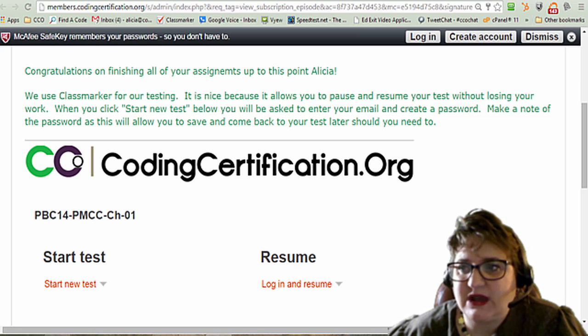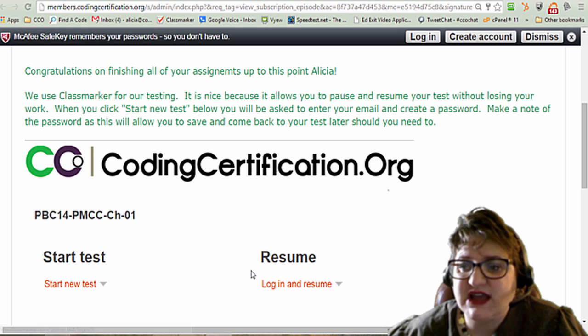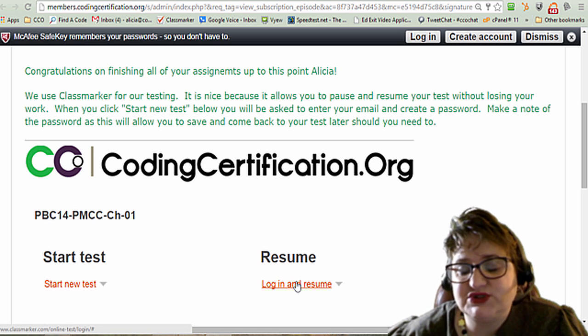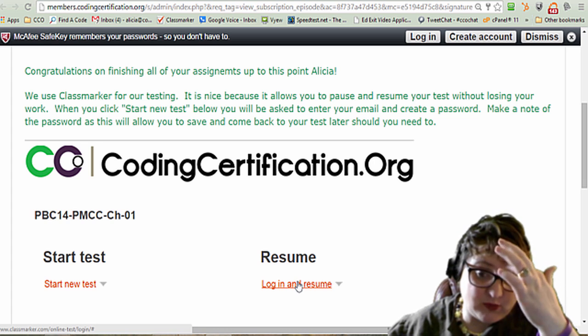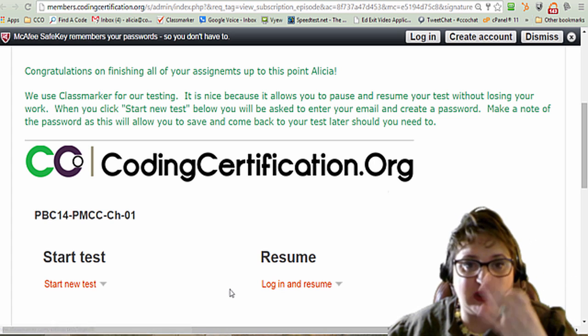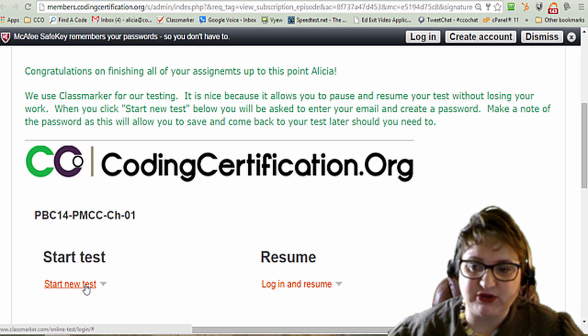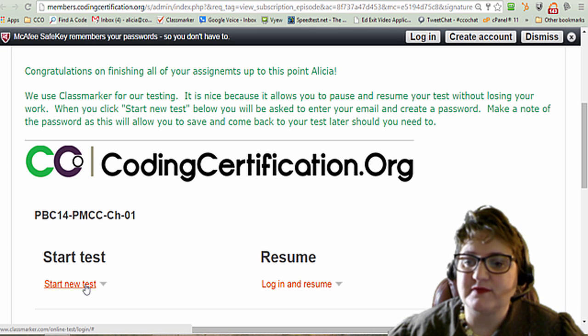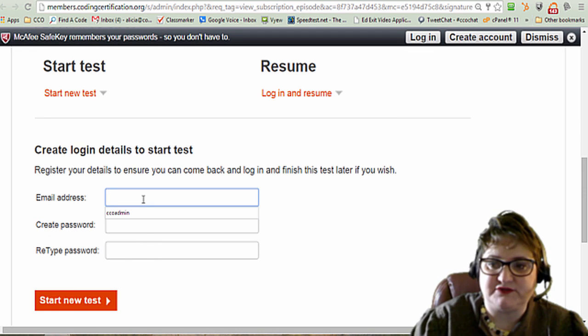There are 2 places I want to point out here. The first thing I want to point out, it says to start the new test and to log in and resume, because this program allows you to stop while you're testing, pause, walk away, and come back to it. So if we start a new test, I'm going to go ahead and do that. It's going to ask me some questions, so I'm going to put in my email address,